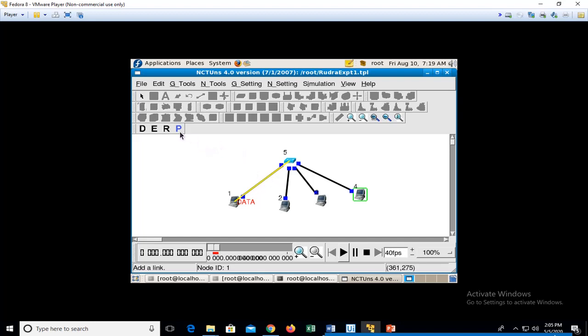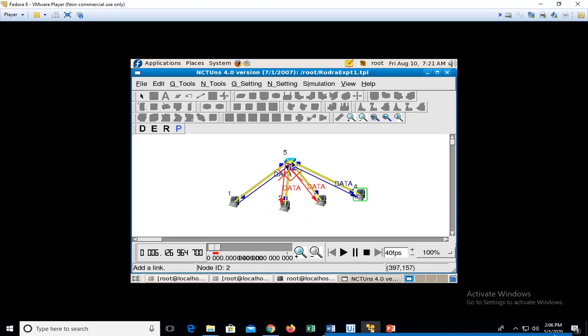If I want to see what all had happened, I can just click this play. In this case we can observe a few things. We can see here that data is being sent from this end, and it is being received by the other nodes also.